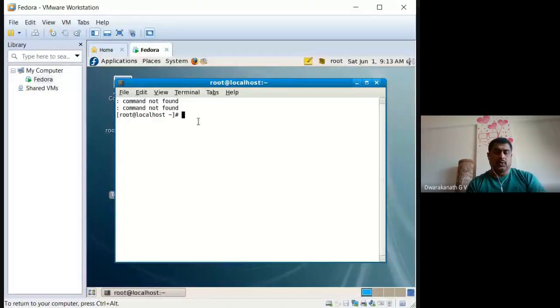The command you have to use is tclsh. If you type this command and press enter, the percentage prompt will come. That shows that you are now in a TCL environment.